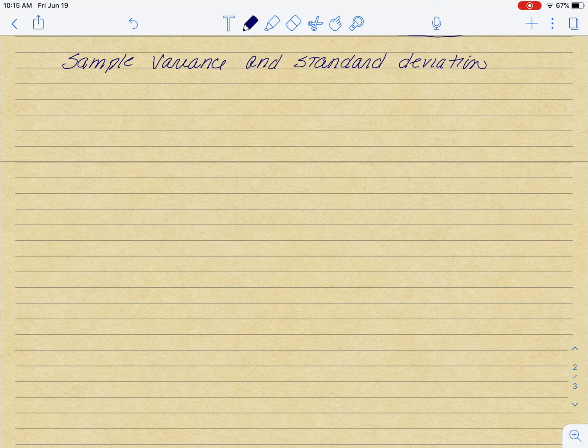Okay, so the next thing that we want to do is find the sample variance and standard deviation of a data set. And I need to give you the formula, and then we're going to look at it with the data set. So first off, the sample variance and standard deviation initially look a lot like the population standard deviation and variance. So sample variance